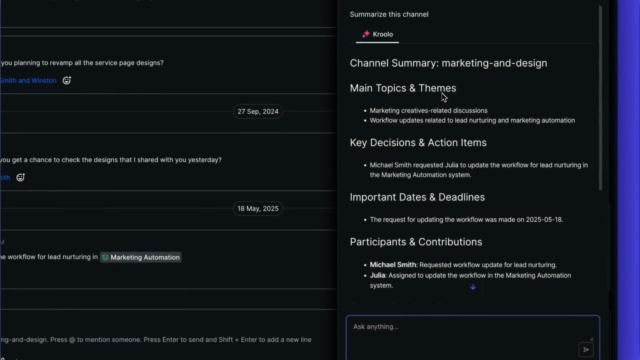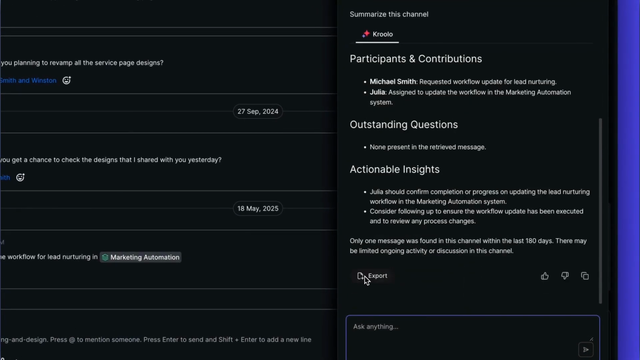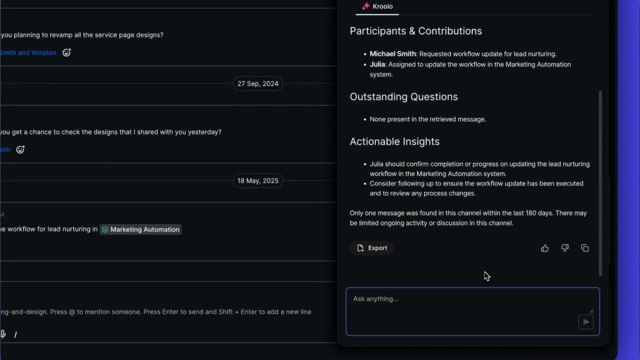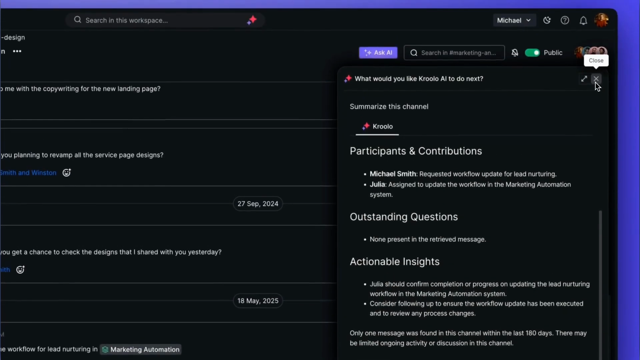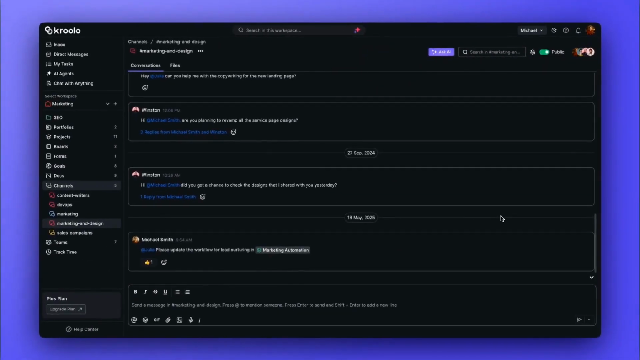If you want to export this information, click on Export. You also have the option to like, dislike, and copy the information from here. If you have any further questions, you can ask them here. Once done, you can close this pop-up. And that's how you can get a summary of a channel